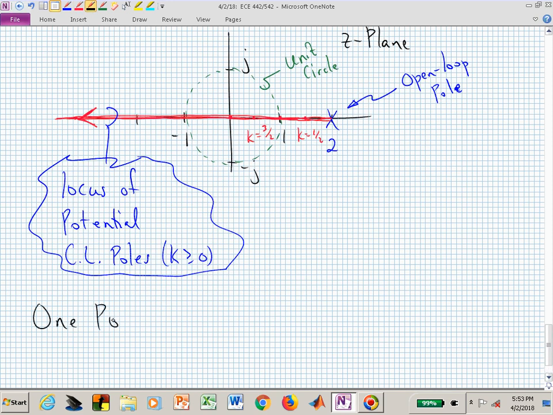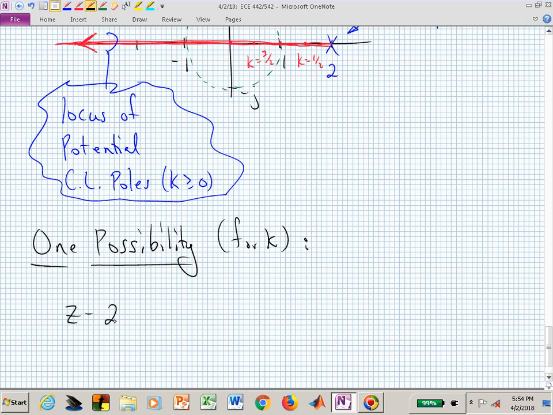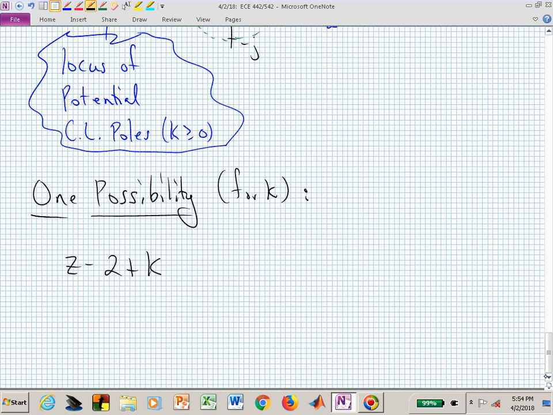One possibility for k. Here is our closed-loop polynomial. What if somebody said, you know what, I want that to be z minus 1/2. This is now what I will call the desired